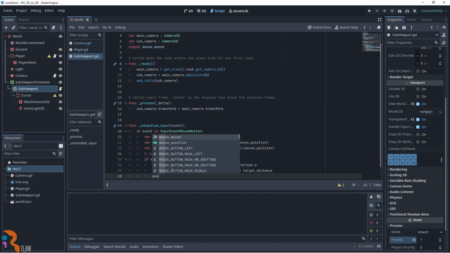I use signals here because maybe in the future I can use the 3D mouse position with other objects.